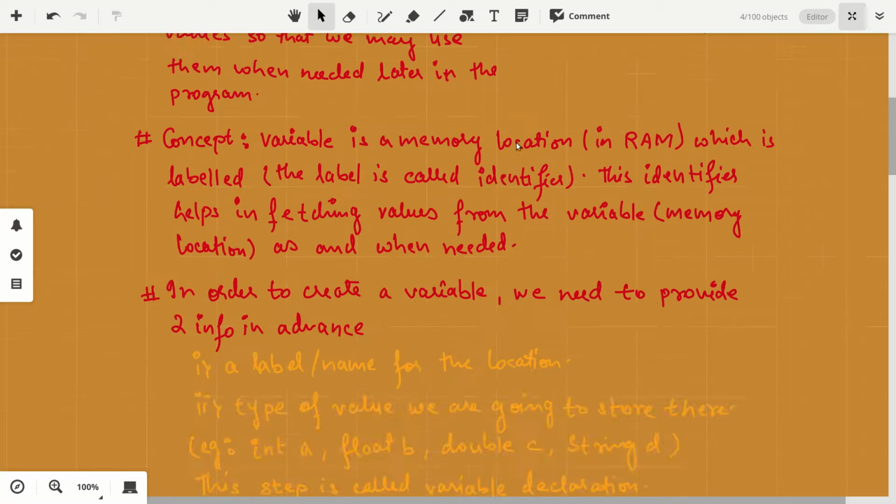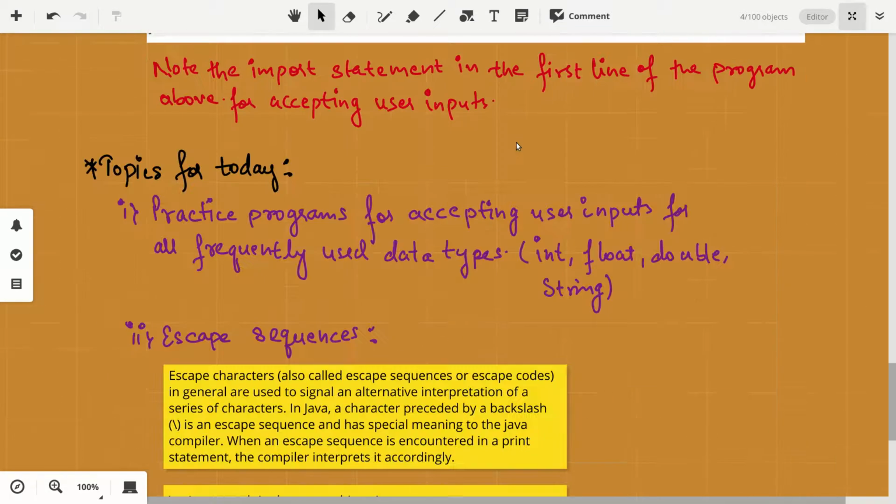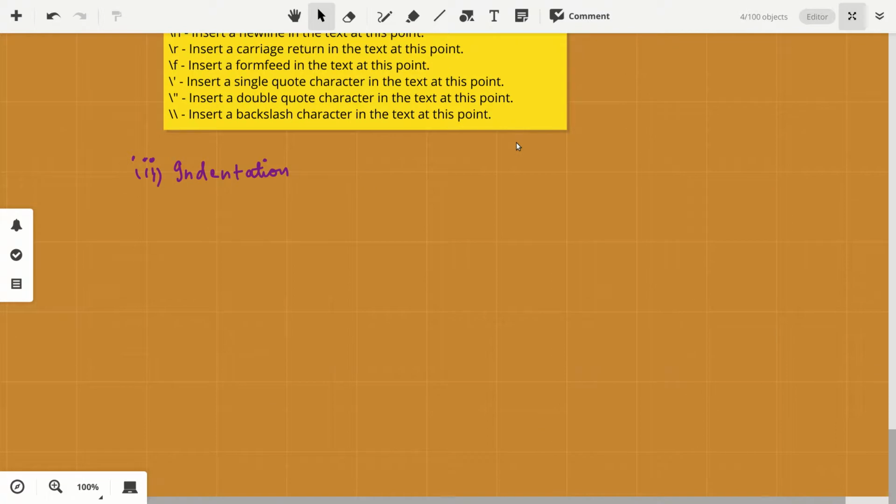For example, I have discussed this briefly, but I'll go through it once again.